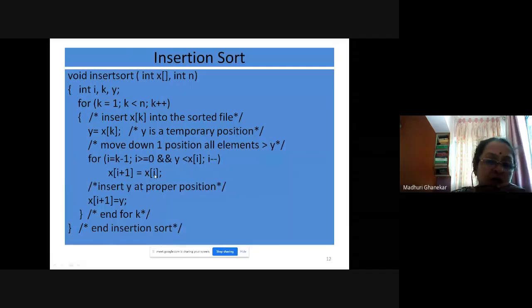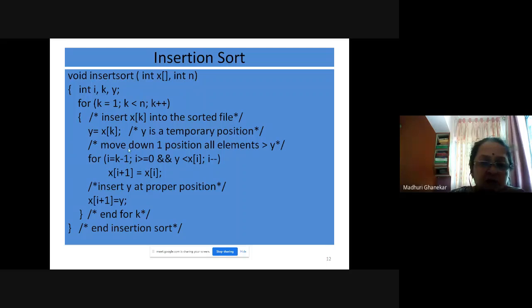You started moving from the last position of the sorted part and going up to the very first position of the sorted part. So what we are doing is I minus minus. Initialize I to 0. Okay, so I minus minus becomes minus 1, and because this condition fails, it will be halted. So it comes out of this loop. Then xi plus 1 equals y. It tells us the position after shifting.